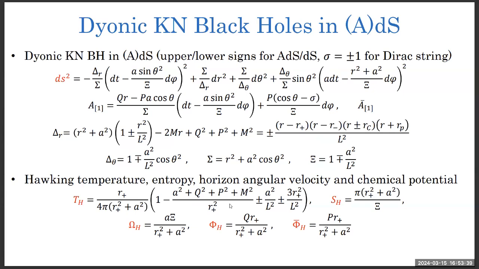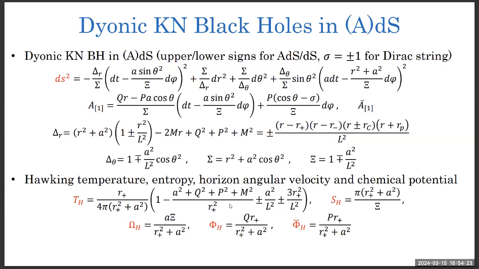Now, the electric charge has the vector potential, and the magnetic charge has a dual potential. So this is the configuration for a rotating black hole and the electromagnetic field. The geometry comes from the solution of this black hole. The black hole solution comes from the Einstein-Maxwell equations with the stress-energy tensor from this electric charge and the magnetic charge, and you just solve it. Then you obtain this most general 4-parameter black hole solution.